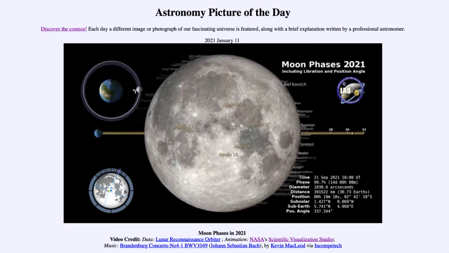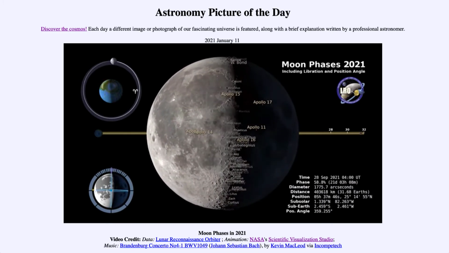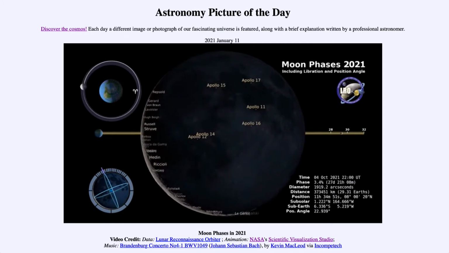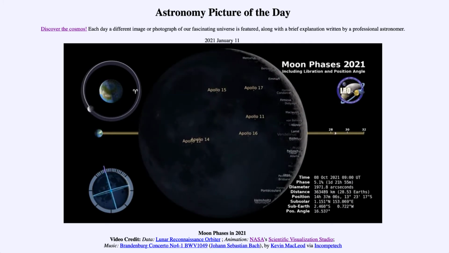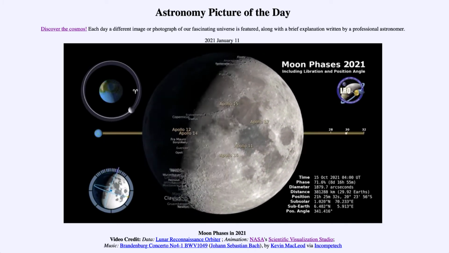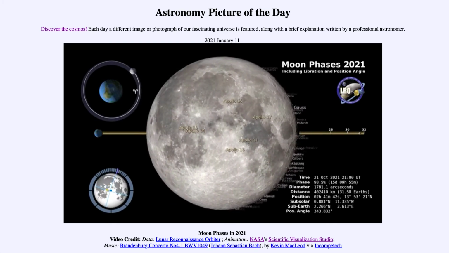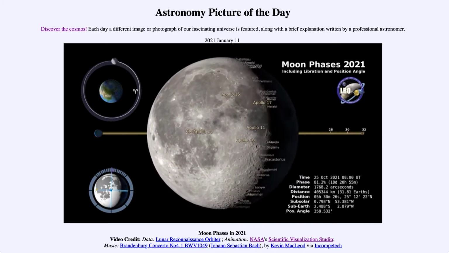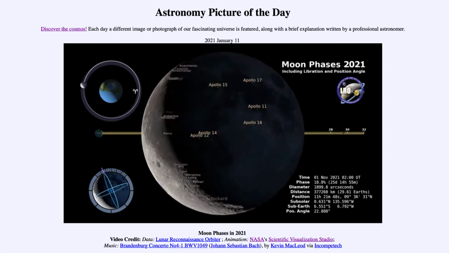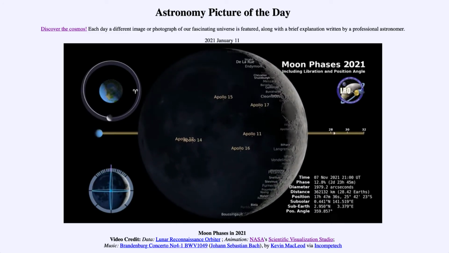Now, as we go through the phases, you'll see a number of other locations labeled, and those are various different craters and features on the moon. And you can see the ones that are noted as they come across what we call the terminator, the dividing line between day and night on the moon. And that lists all of these generally different scientists who had craters named after them on the surface of the moon. So that's what a lot of those are actually labeled for, are various different scientists, and you might recognize some names.